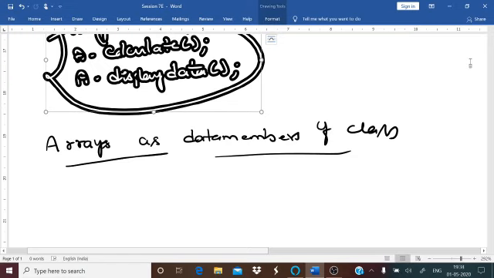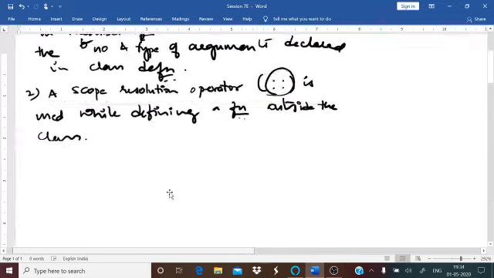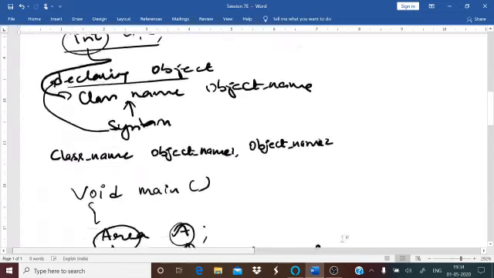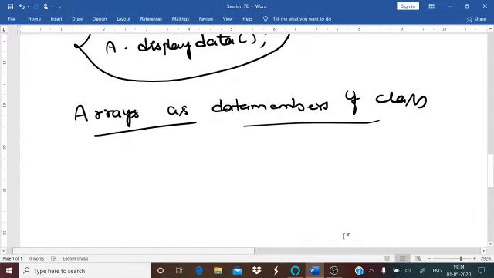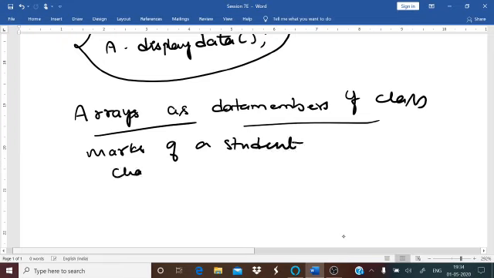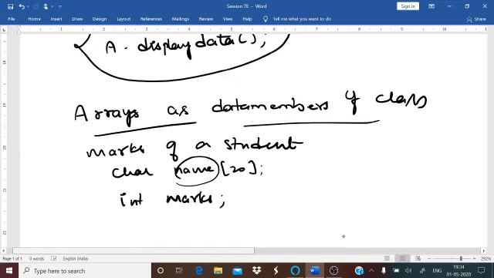For example, an easier one to understand would be entering the marks of a student. So what are you going to give? The declaration will be, for example, a character name that can contain 20 letters, right? So the name of one student, and you are supposed to enter the marks of one student, we are just going to enter it as marks.